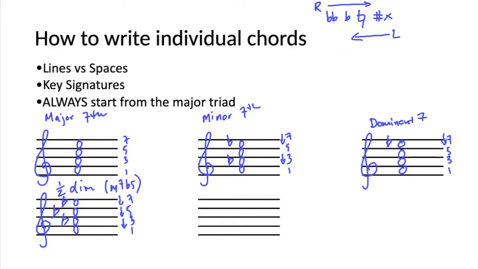Now, if you would compare the half diminished to the minor 7th, so from here to here, you will notice that the only change is indeed that 5th note. It's gone from a C to a C flat. That's how we get that name minor 7 flat 5. So it's a minor 7th chord with a flat 5th. That might be a little trick to help you remember, or just stick with the numbers and you won't go wrong. And lastly, we have the full diminished,